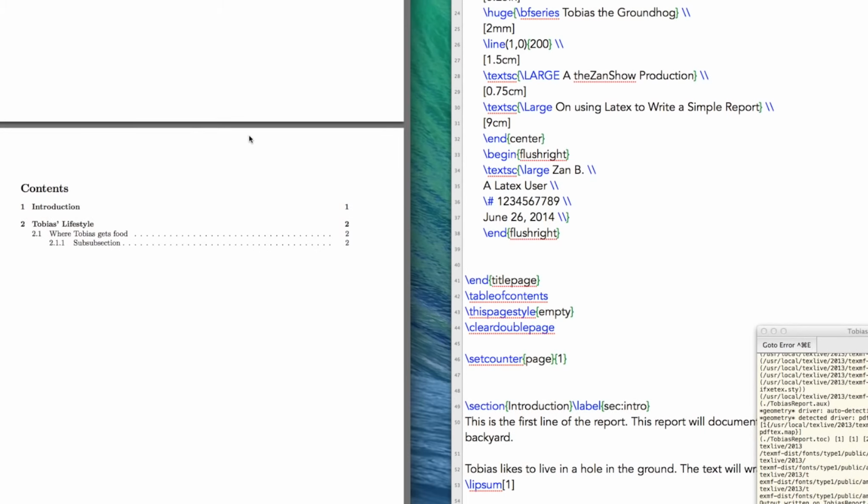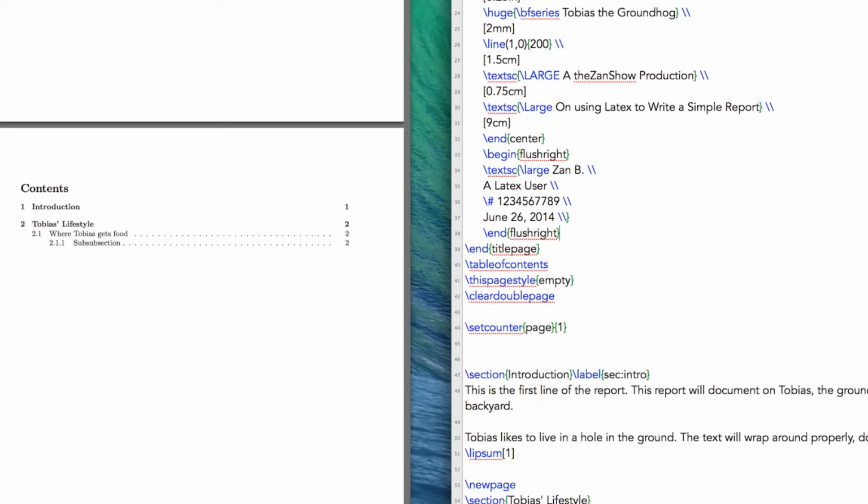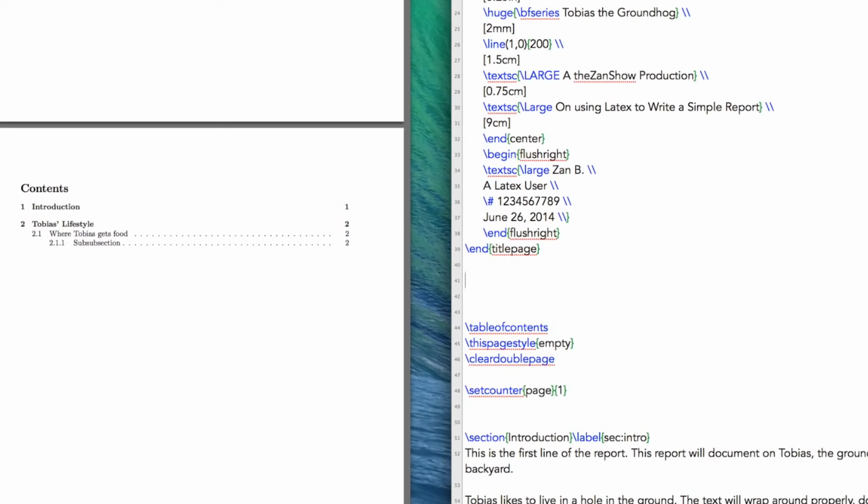We could insert a section in here, right? So you would think this would work, right? So I'm just going to make some room here. This is before the table of contents, but after the title page. Let's create a section, and let's call it